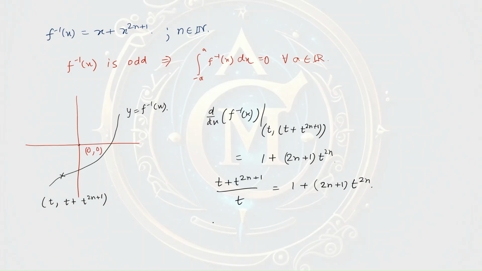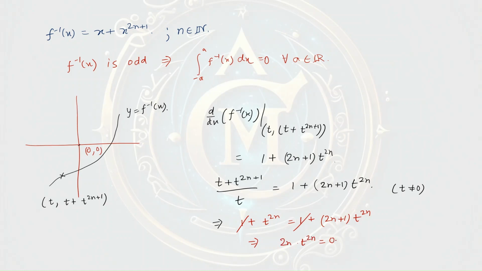From here we get, as t is non-zero, so we can say that 1 plus t to the power 2n is 1 plus 2n plus 1 times t to the power 2n. So this will be cancelled and then we are left with 2n times t to the